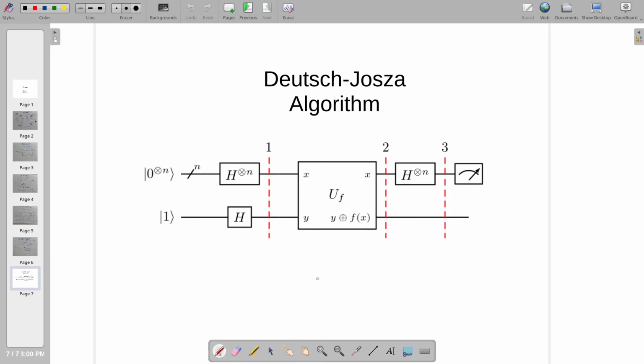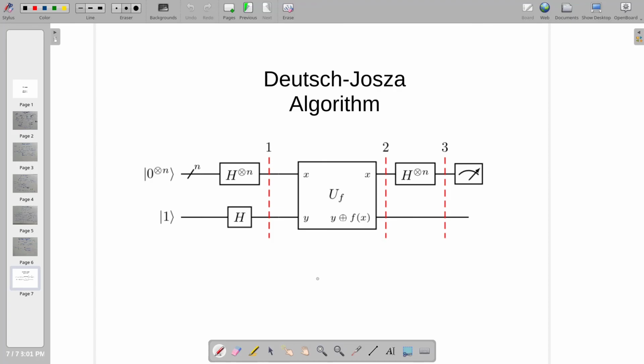So that's it for this video. Deutsch's algorithm is a pretty important algorithm. The extension of Deutsch's algorithm will give us Simon's algorithm. Simon's algorithm later gives us Shor's algorithm. So you can say it's Deutsch's algorithm which started everything for quantum computation.